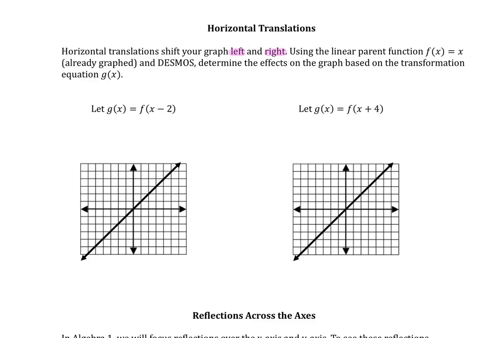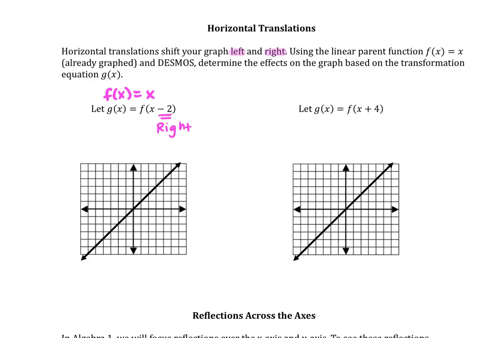If I went into Desmos, again, I'm going to take my original function and say my original function is f of x equals x. I'm going to type that on line 1. And then I'm going to type my new function, my g of x function, and say that it is equal to f of x minus 2. And if I plug this into Desmos, I'm actually going to see that this line is shifting to the right 2,